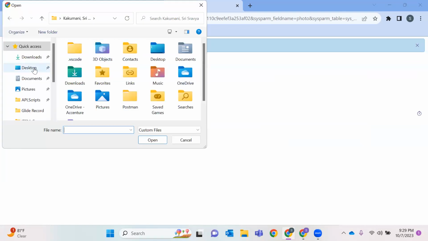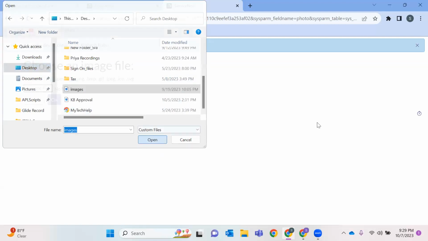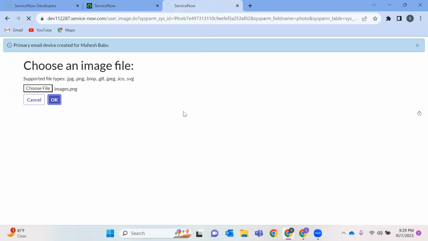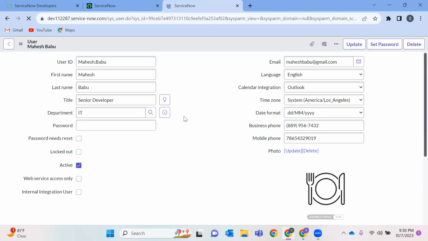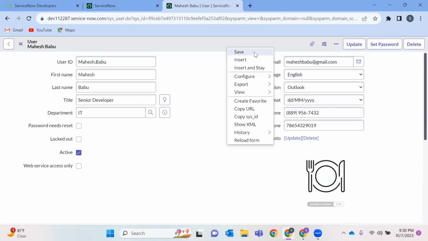And I don't know whether I have many pictures here. But let's see what this image.png is. Fine, it's something related to food only. Okay, and let's save it.